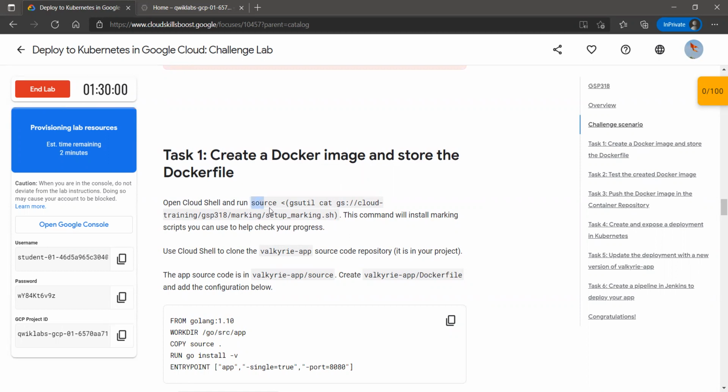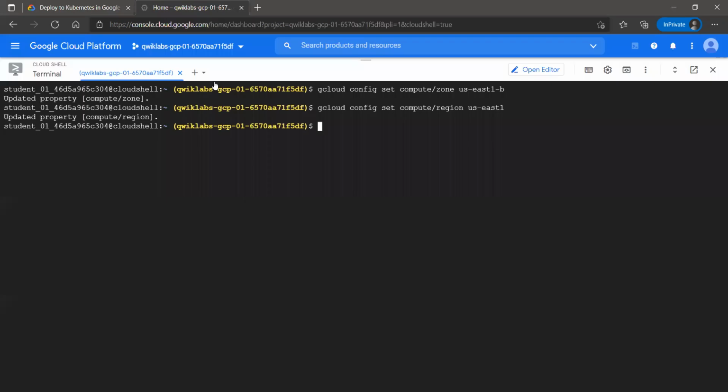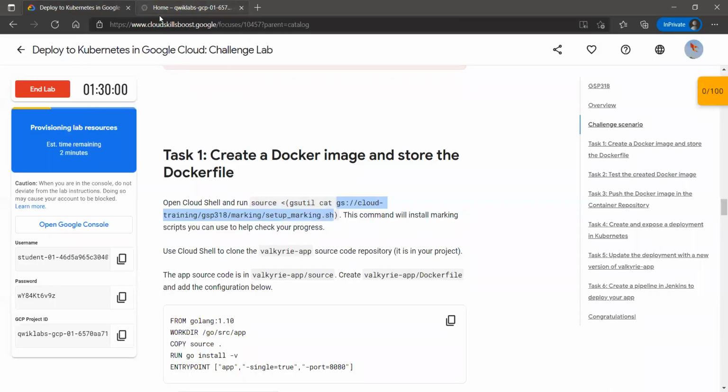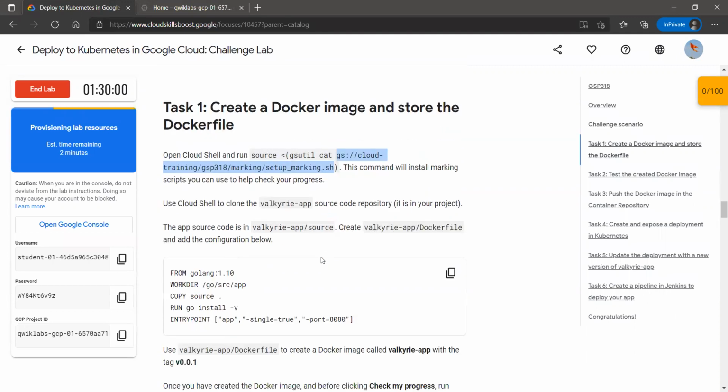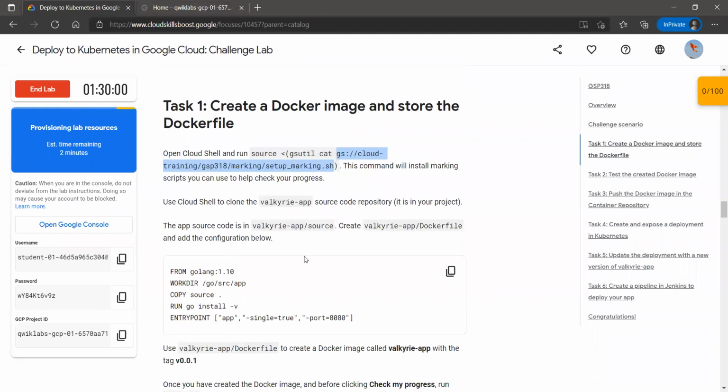So firstly, we need to run this command. What this command basically does is that it copies the contents from this location into the disk of this Cloud Shell, so that we will have 2 scripting files after copying from this location, and those scripting files will help Quick Labs to give us marks based on our performance.